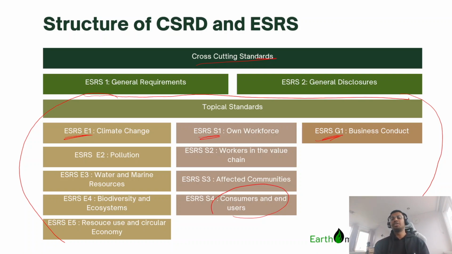And then you have ESRS G1, which is business conduct. This is also very important: how you're doing your business, in terms of having certain policies for whistleblowers and for your own staff. But we will unfold that. I hope the structure is clear. You don't have to memorize this, but it is really important when you do a double materiality assessment. That is always the first stepping stone to get started with CSRD reporting.